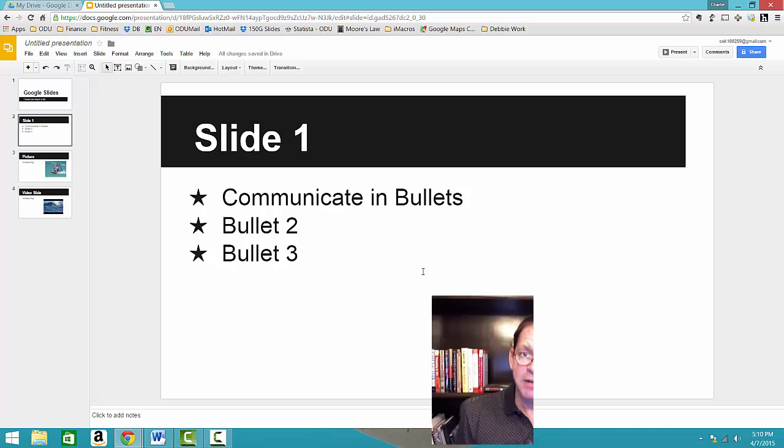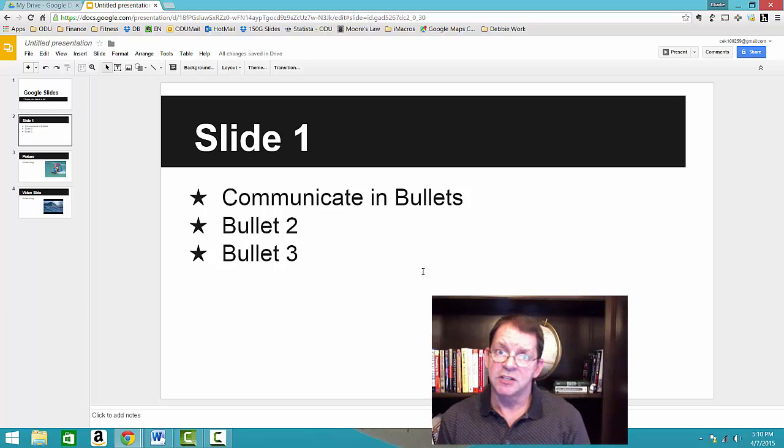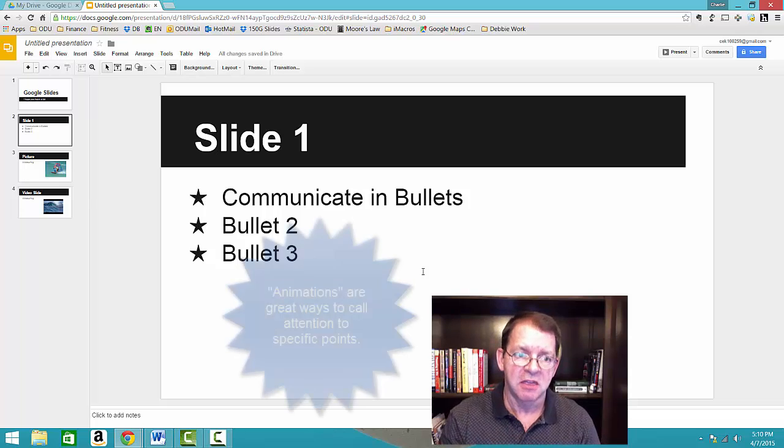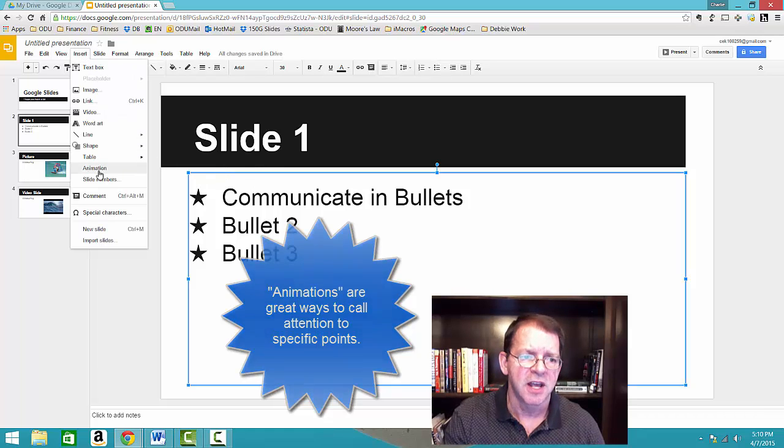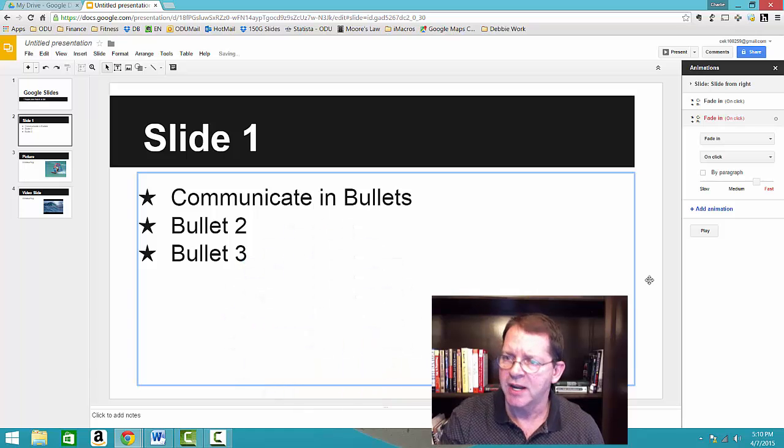Okay, so the last thing we're going to talk about in this video is working with animations in Google Slides. To get to animations, first you want to get to a slide where you want to apply the animations, and then highlight the paragraph or the section that you want to apply the animation to. Go up to Insert, Animation, and over here on the right hand side you can see the animation panel pops up,